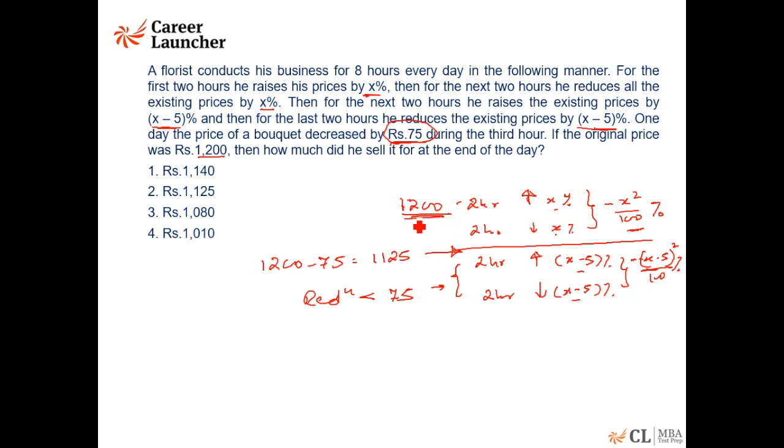Also, earlier you were working on 1200 rupees. Now it is 1125 rupees. It is a percentage of 1125 rupees. So can I not say my answer should be greater than 1125 minus 75, which is equal to 1050. So my answer needs to be greater than 1050 and obviously less than 1125. Answer should be less than 1125 and it should be greater than 1050. Check the choices for the possible answer.